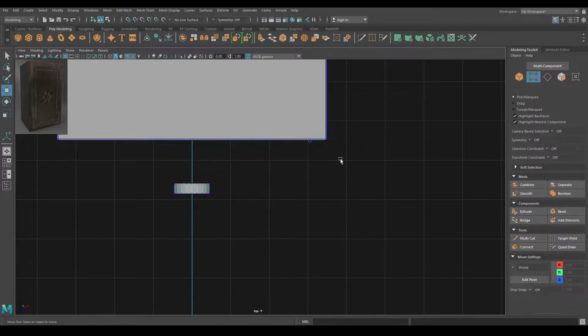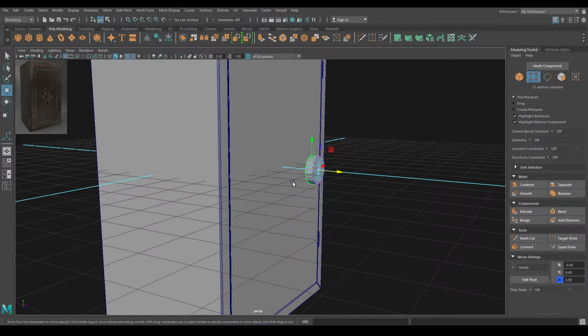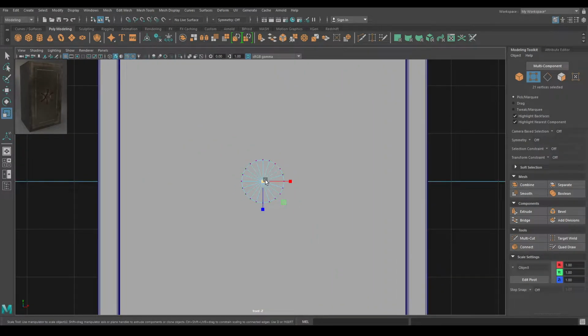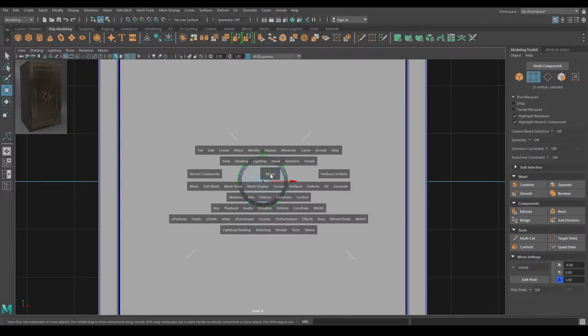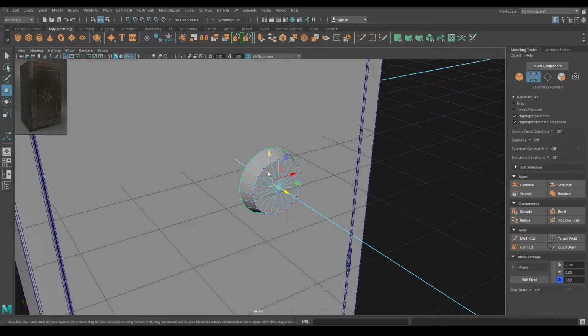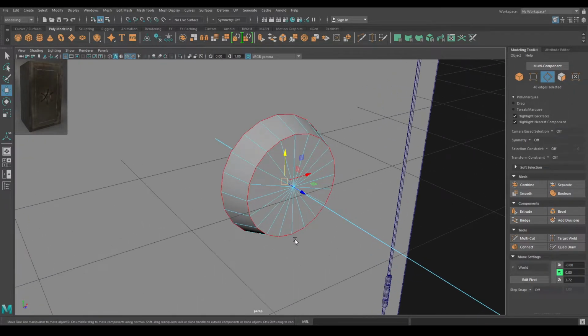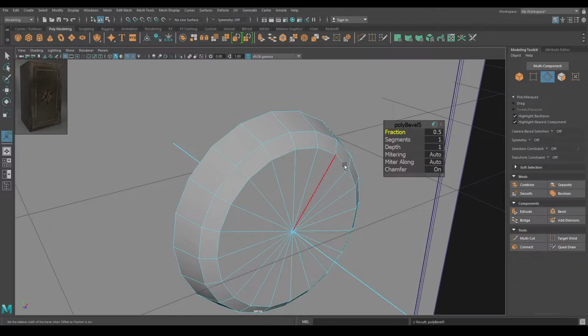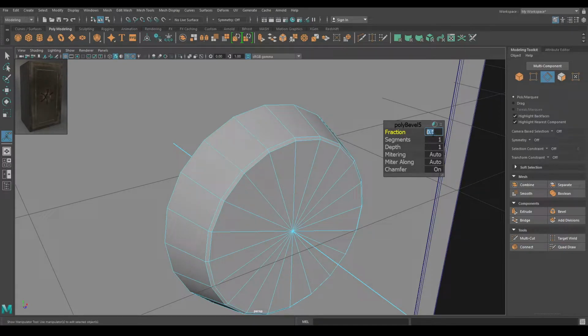And now go to vertex mode, select these vertices on the bottom of the cylinder. Go to front view and press R to scale and scale them. Now go to edge mode and select these edges, and then again to smooth these corners just add bevel with 0.1 fraction and 3 segments.